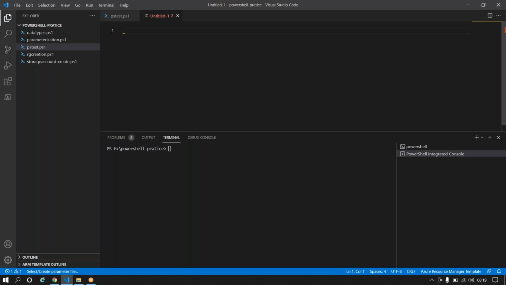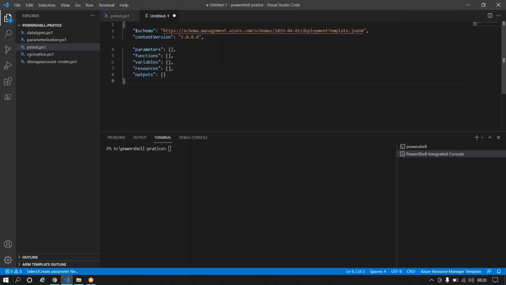Now, in order to load the ARM template, what I would do is I'll say ARM. Just type in ARM and it will load a couple of suggestions out here. And if it doesn't load suggestions for you, not to worry, just close this window, open this again, select the language, it will come automatically. And it says ARM, and I have so many things out here. And I want the first one called ARM /. If I just do this, Microsoft is going to give me a sample template,